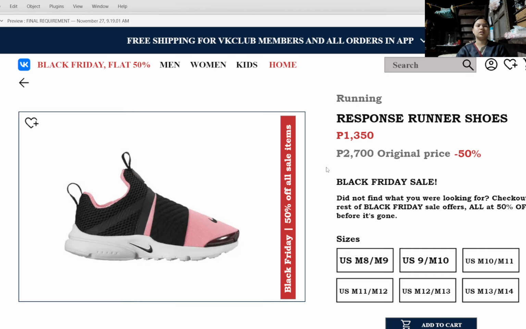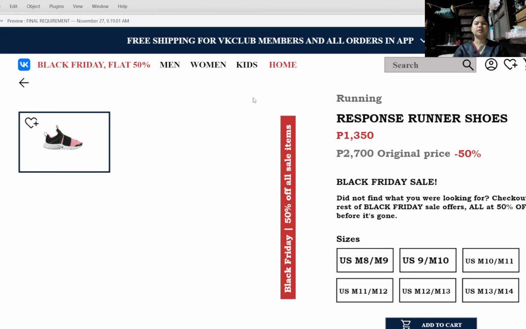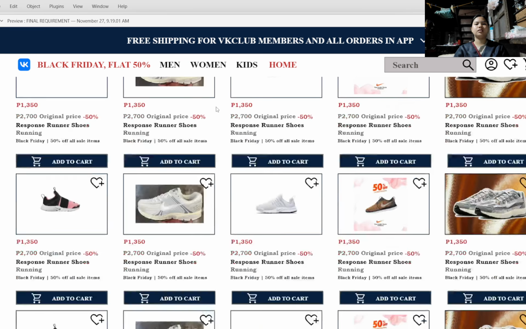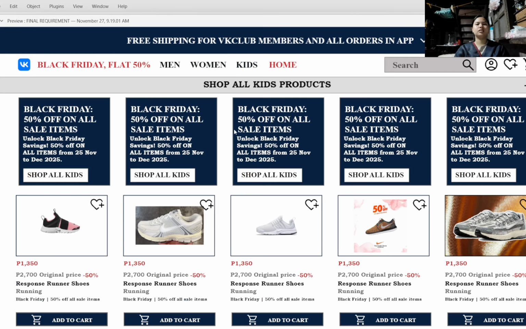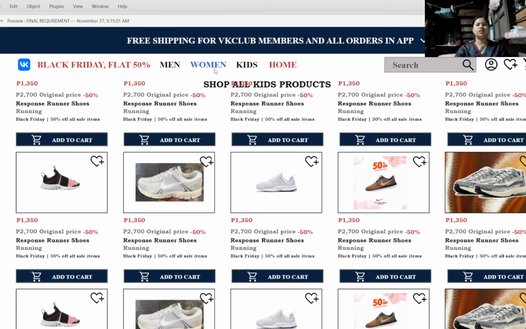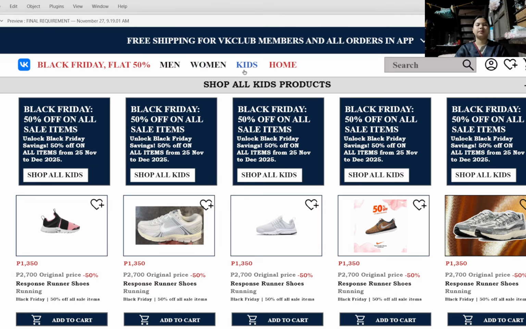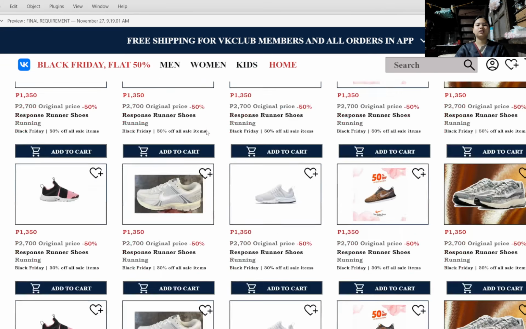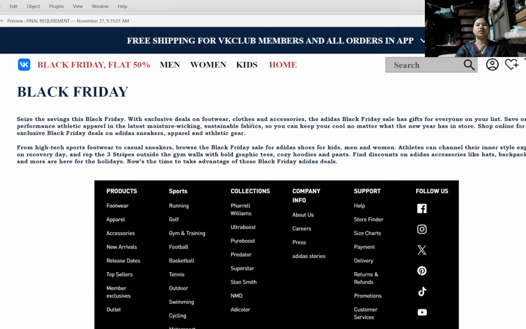it will show the responsive runner shoes, men, women, kids, there's no, these are the functions of it, and it's also scrollable.